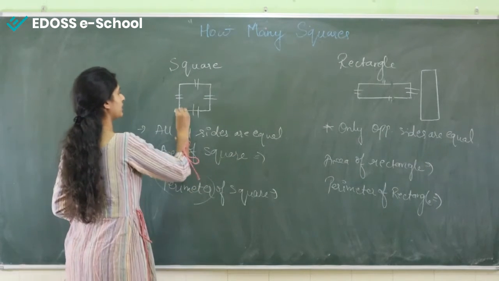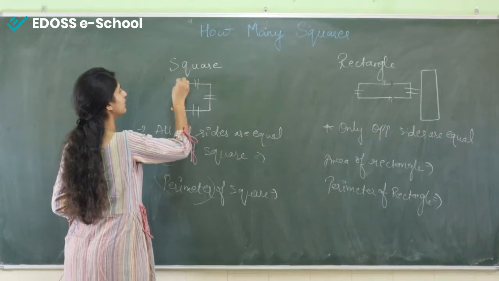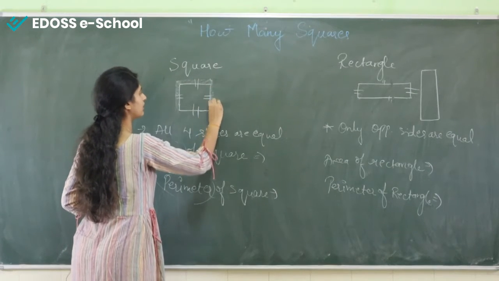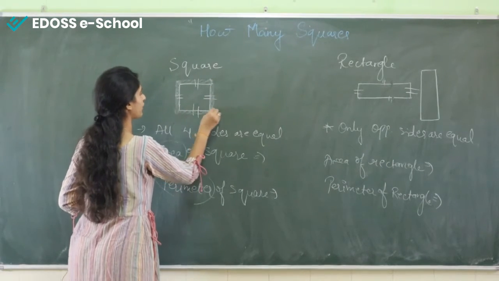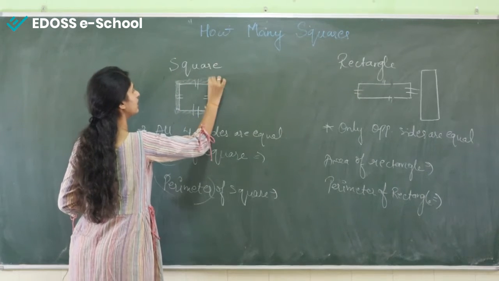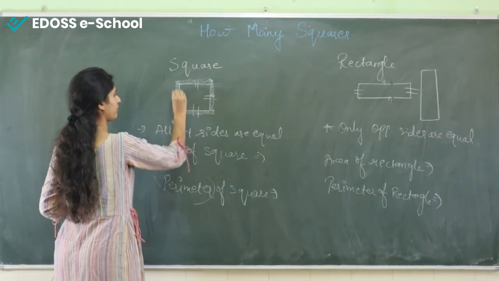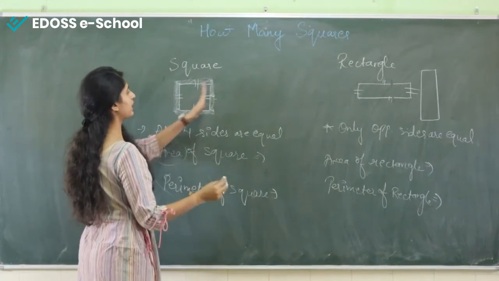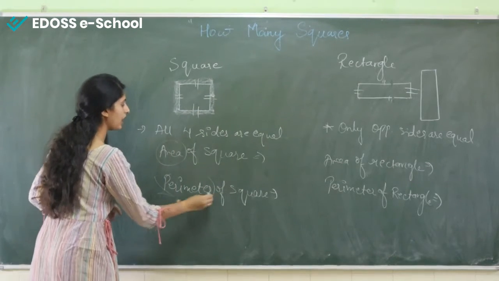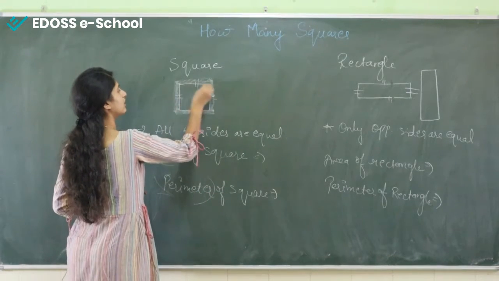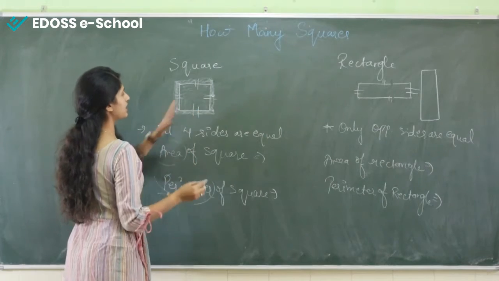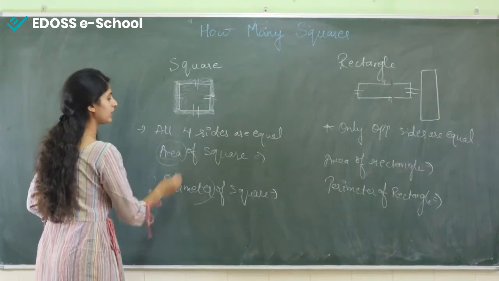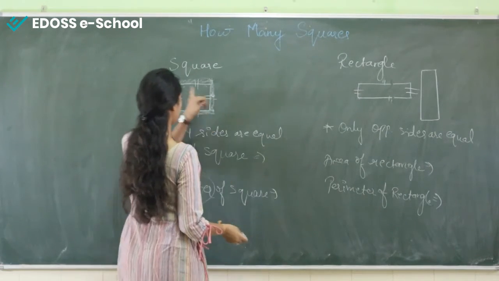So what is perimeter? The distance around a shape. तो ये क्या होगा? किसी भी स्क्वायर का और रेक्टेंगल का किसी भी शेप का बाहर का एरिया, we call it perimeter. And area, the space taken inside, that is called area. So what is the formula of area of square?